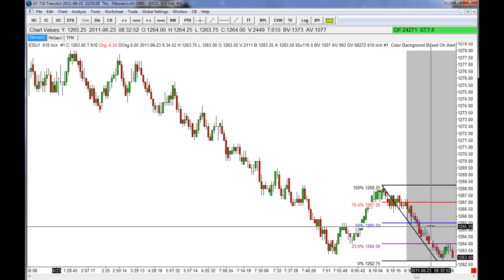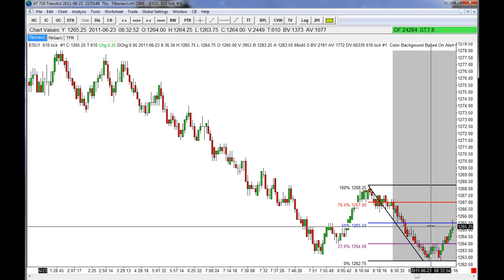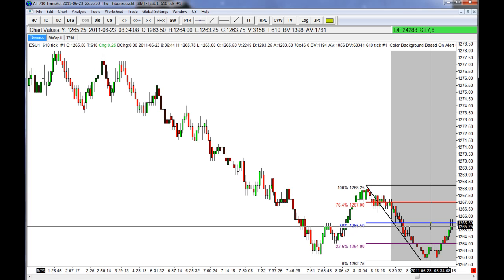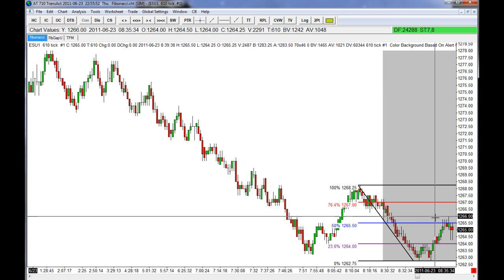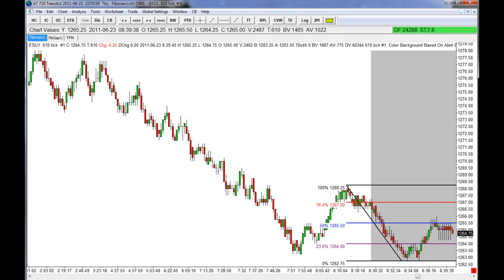I placed a limit sell order, or sell limit order, at 12.65 and a quarter. Was looking to grab 5 ticks, and I was risking 7 ticks. As you can see, price retraced, got filled, price went out against me 3 ticks, and then it ranged in that area there